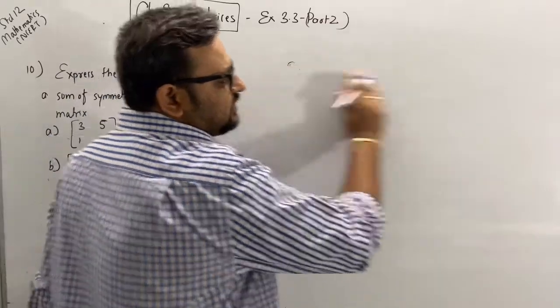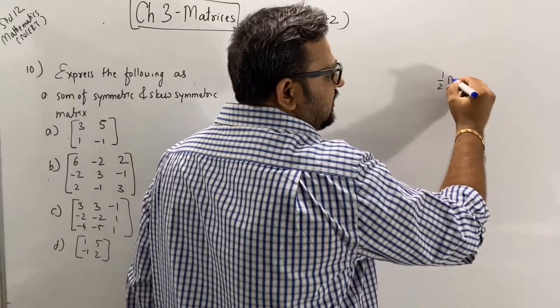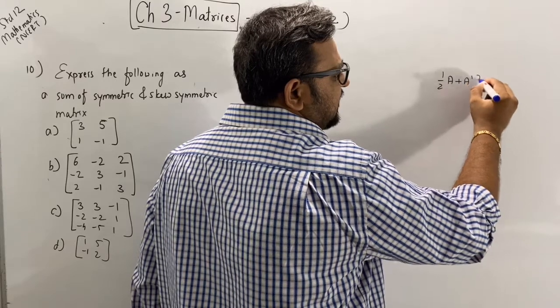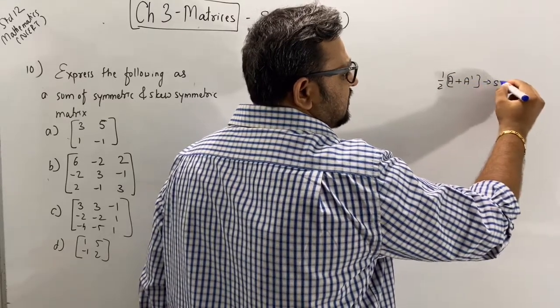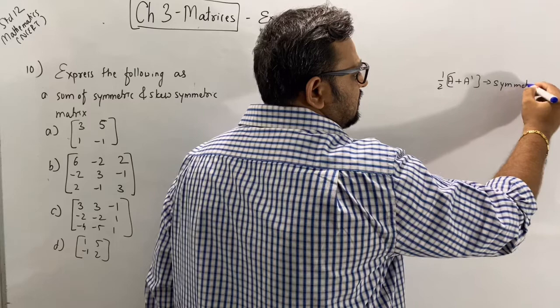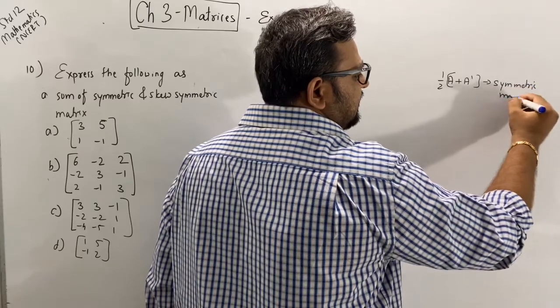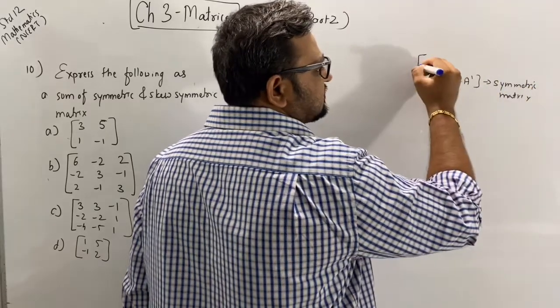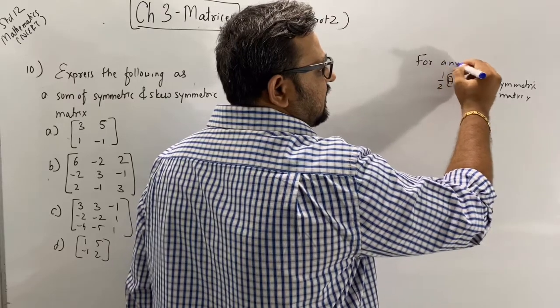Okay, let me write down it here. Half A plus A transpose is a symmetric matrix for